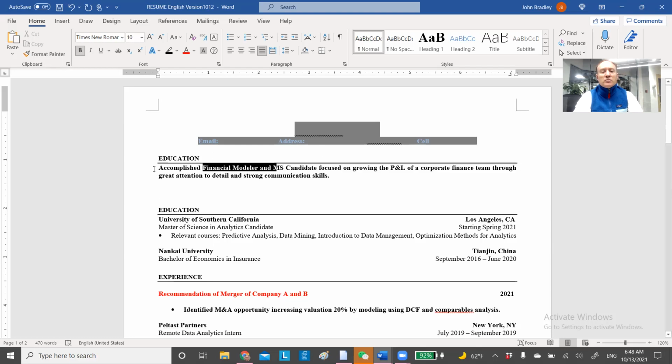And we could just remove accomplished. Financial modeler and MS candidate, focus on growing the P&L of a corporate finance team. Growing corporate finance team. Yep, it's fine. Through attention to detail, and then experienced, and then consistently